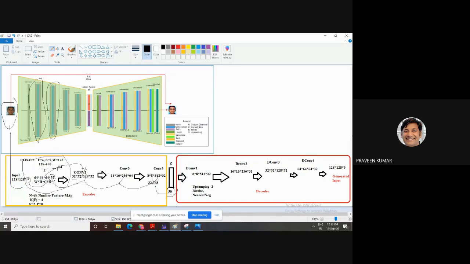Then after convolution 3, again we apply this concept on this layer. In this layer, K is 4, where K means the filter, and the stride is 2. Then you get the output 16, meaning this layer converts into 16 cross 16. Then the last convolution, convolution 4. In convolution 4, again the filter size is 4 and the stride is 2. This 16 cross 16 size is reduced to 8 cross 8, and the features are increased.